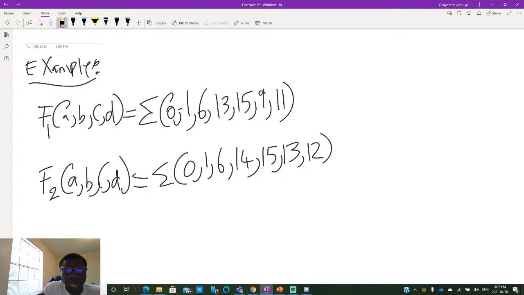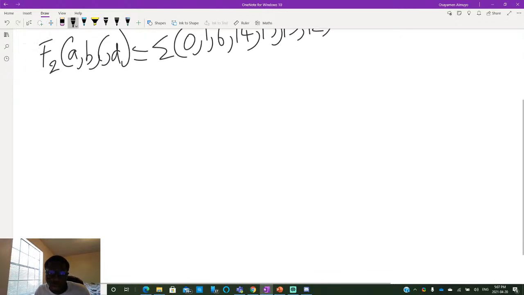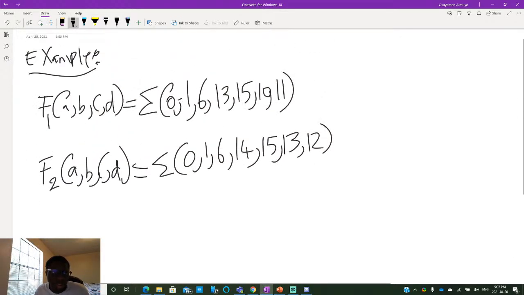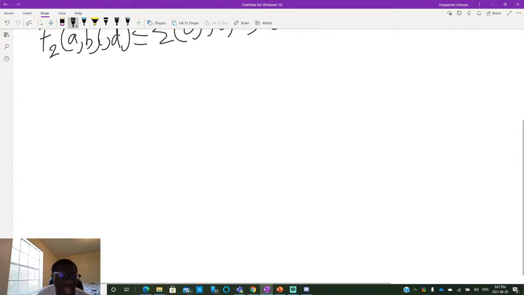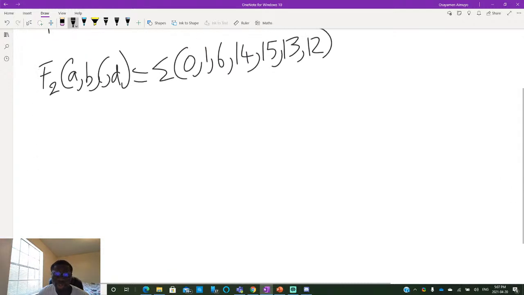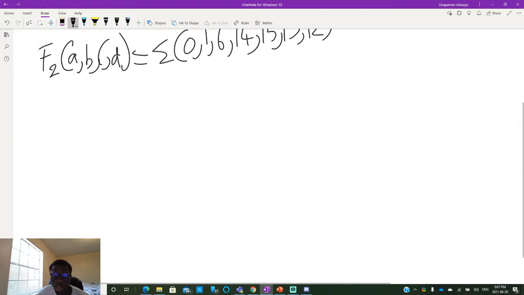So this should be 10, not a 9. Okay, so let us design the circuits for both functions and see how through optimizations we can share terms,